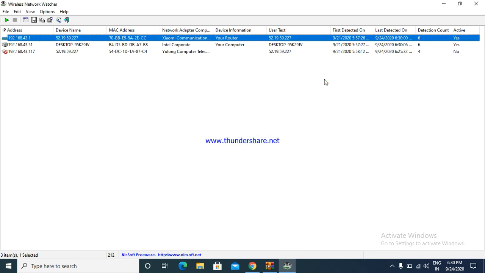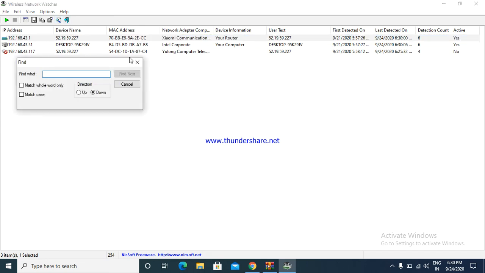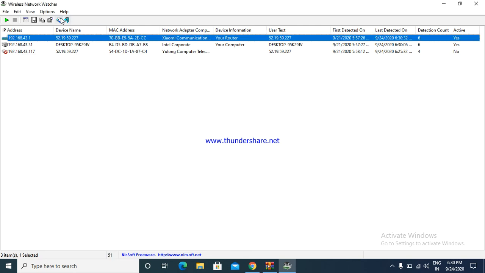If we want to find any device connected in this network, then we can use Find. After that, if we want to exit from this tool, then we can simply click here and close this tool, and that's all.